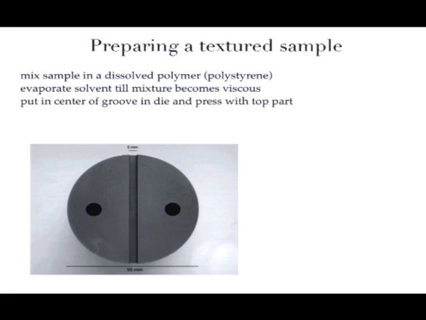The best method which seemed to work for us was the following. We mix a sample in a polymer dissolved in a solvent. Polystyrene is ideal because it doesn't crystallize, so we don't have any diffraction spots coming from the polystyrene. Then you let the solvent evaporate till we have a sort of a viscous mixture, and then put it in